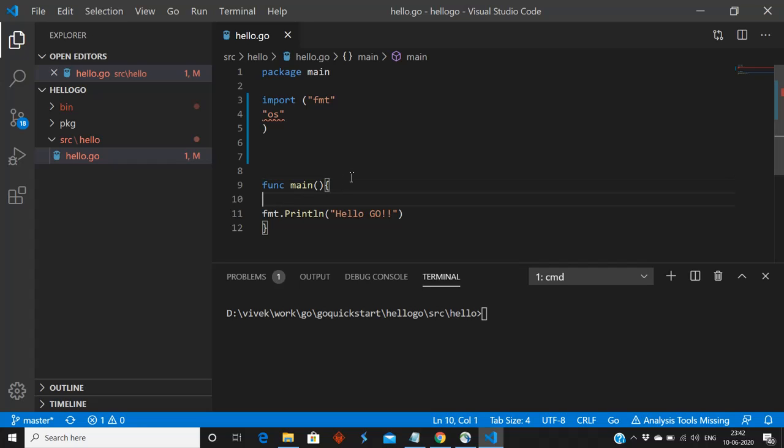For checking command line arguments, we can use os.Args, so fmt.Println os.Args. As we know, the first argument is basically the path of the exe which is running. Let me run go run hello.go.